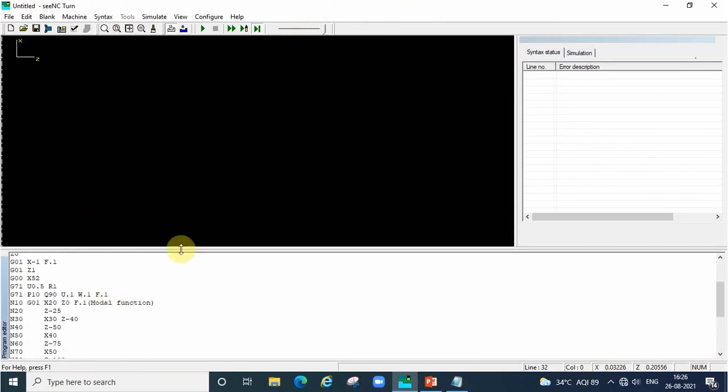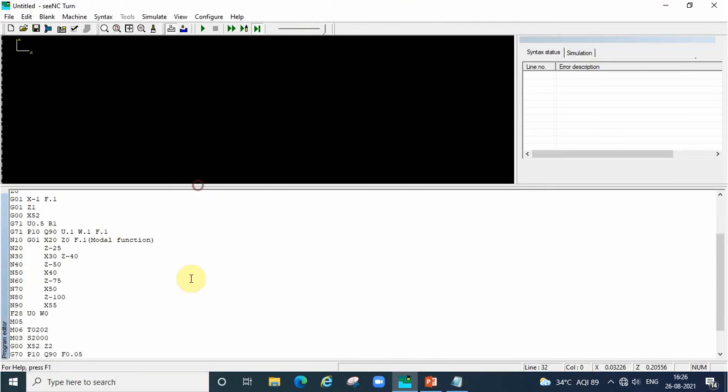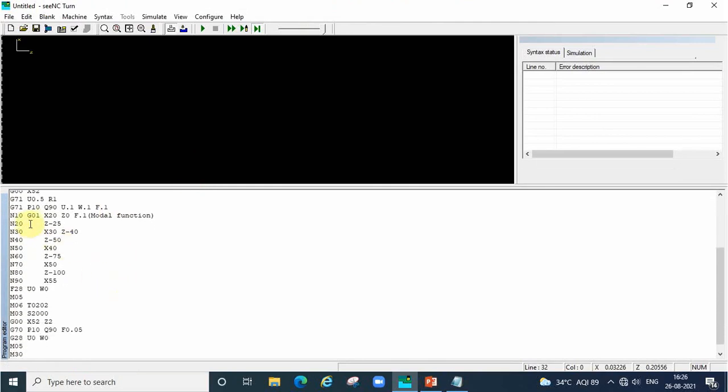One more point I missed to tell. While writing the program, these are all G01 only, no change in the code. Suppose we have curvature anywhere in between, we have to write G02 or G03 so that we will get the curvature portion. In this profile, no curvature is there, so I am writing G01 for all.